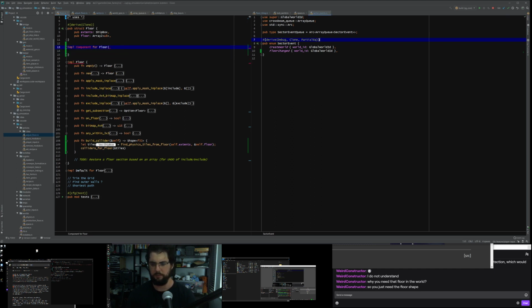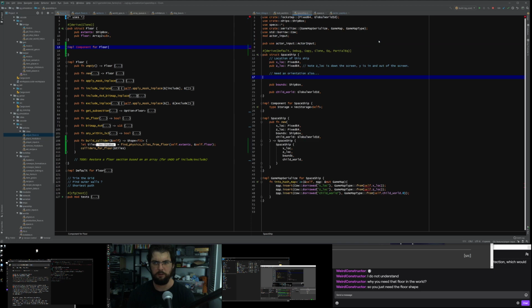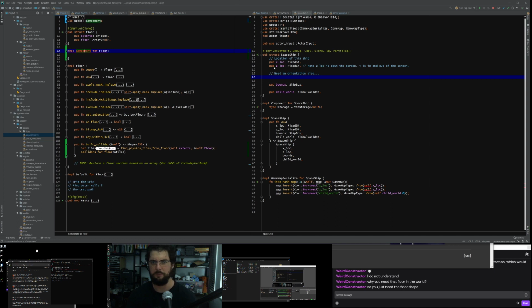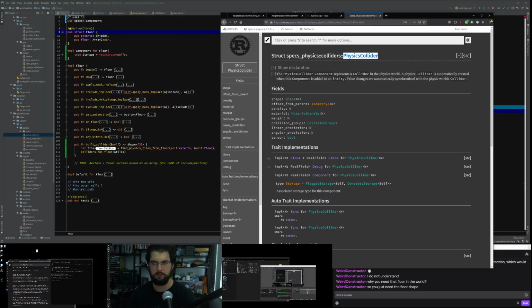So remember how we implemented other components in the past? I'm making it so I can have multiple things that have floors. Rather than having one floor, which is what a resource does, we're going to have multiple things that have floors. Those things are spaceships. So we need to declare a storage. Now, this class is actually really small for the number of spaceships we have. I don't think I want vect storage. I think I want an indirect. There's like an indirect version of vect storage.